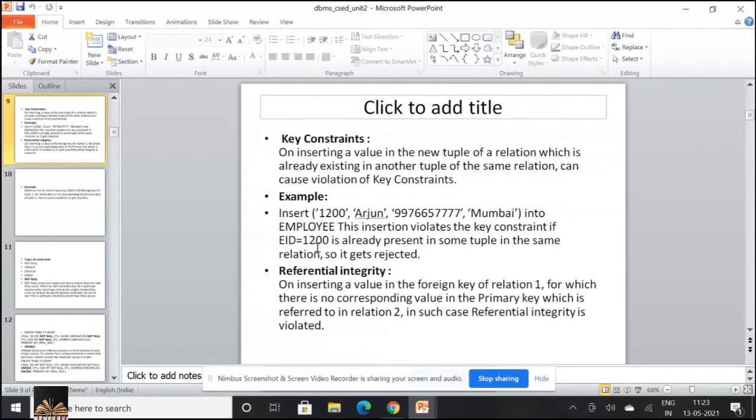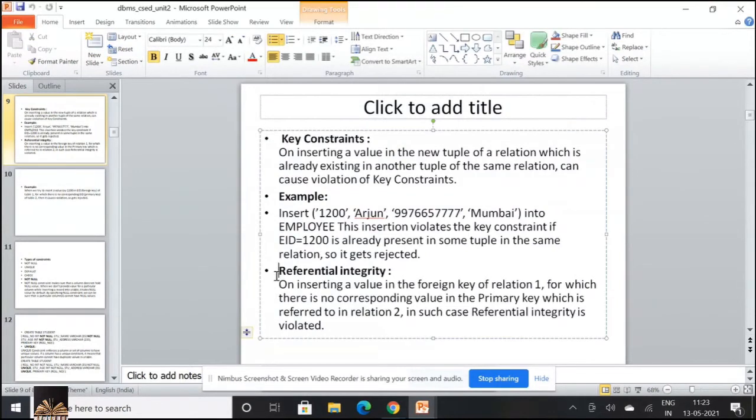Now, talking with respect to referential integrity. On inserting a value in the foreign key of relation 1 for which there is no corresponding value in the primary key. I told you, whatever values you want to enter into a foreign key should be present in the primary key.